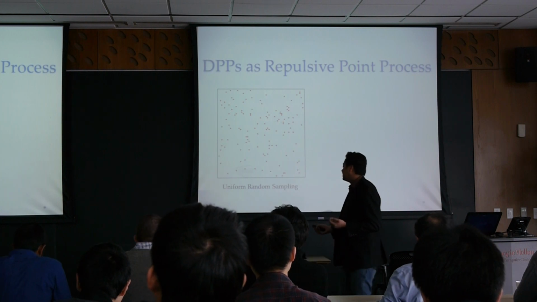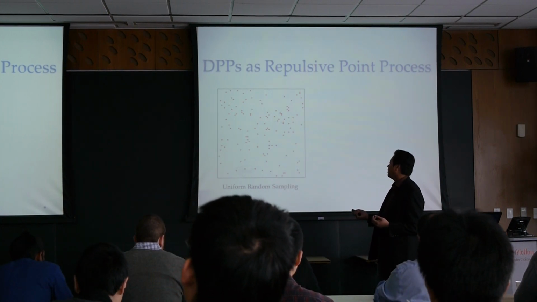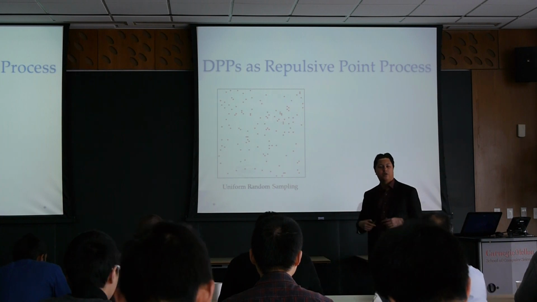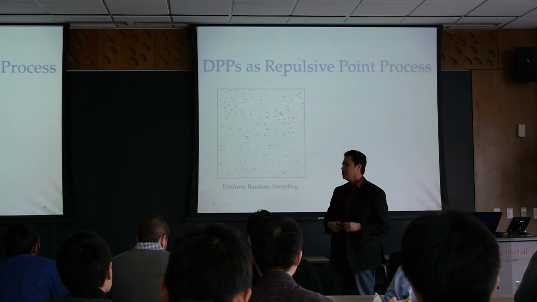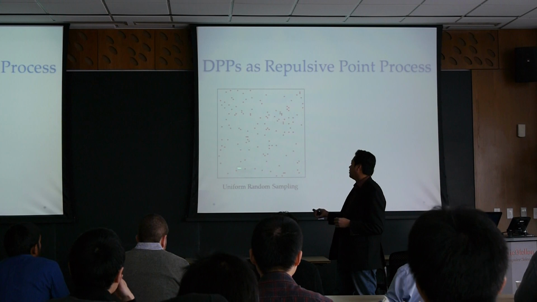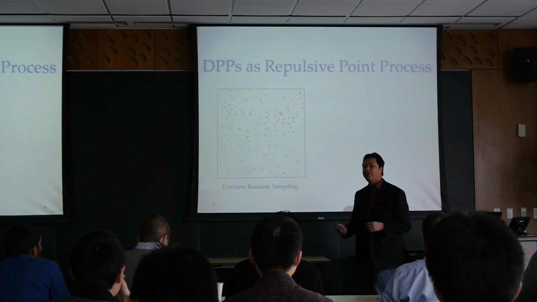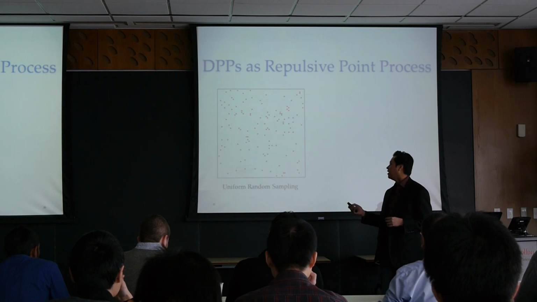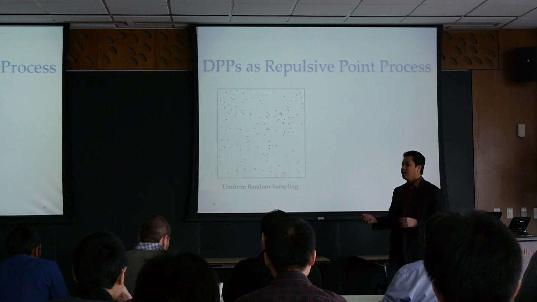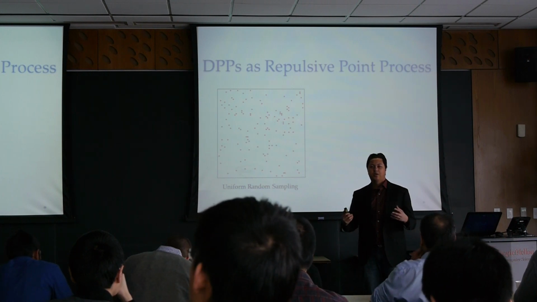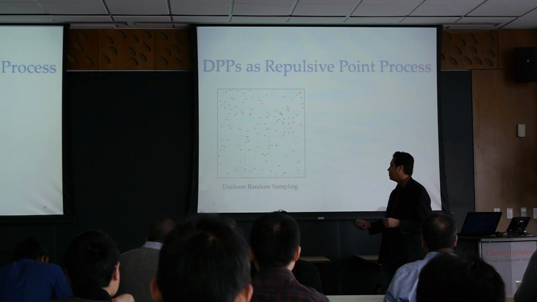And the whole idea is that the most common thing to use is uniform random sampling, or equivalently the Poisson process. But the problem with the Poisson process is that if you were to randomly select them, you're going to have a bunch of clusters,